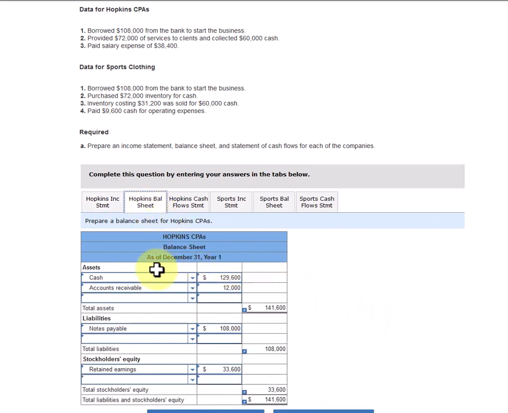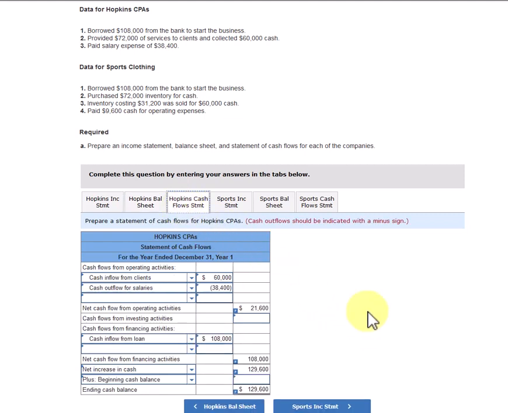So this should be your balance sheet for Hopkins CPAs. Our only assets are cash and accounts receivable. We just computed those. You can then calculate total assets. Liabilities are going to be notes payable. And then for stockholders' equity, the only piece we have there is the retained earnings, which represents the net income of $33,600. When you add your liabilities and equity together, you can see that total liabilities and stockholders' equity will be equal to total assets. So let's hop over here and put together the statement of cash flow for Hopkins,